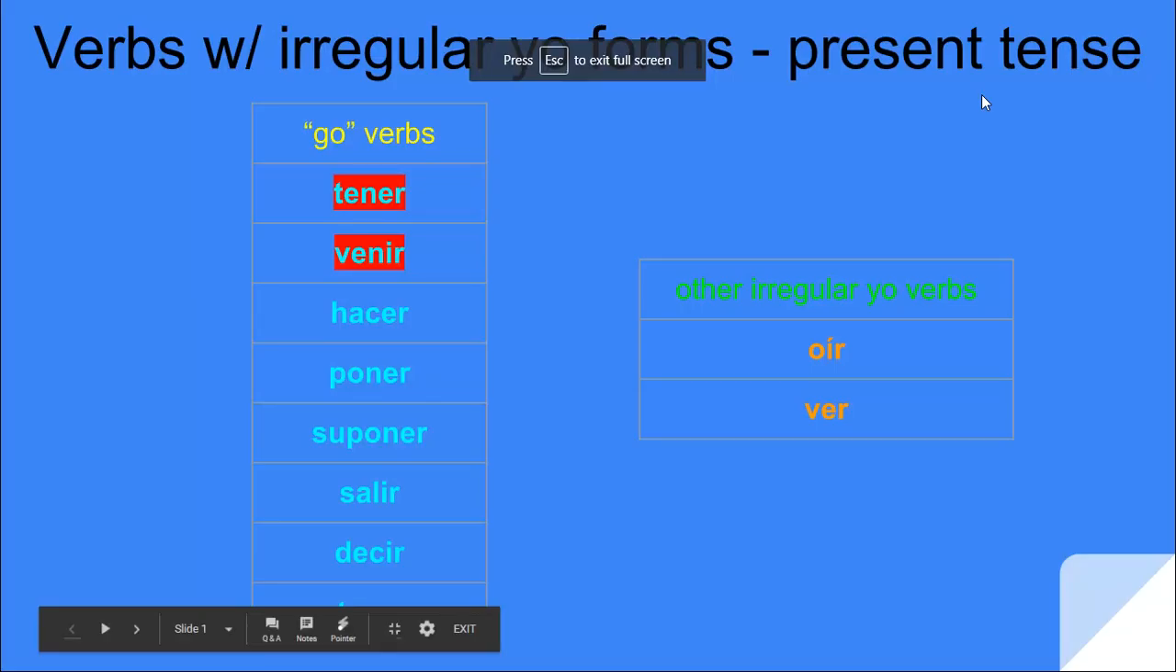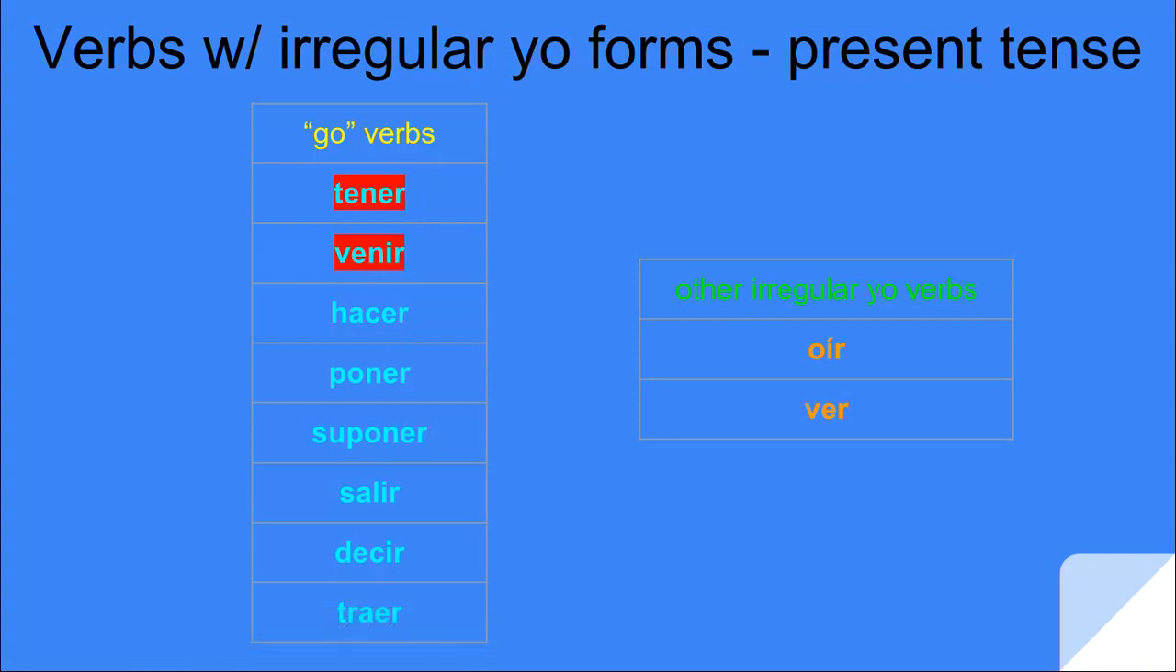Okay, amigos, today's mini lesson is on verbs with irregular yo forms in the present tense. In the left-hand column, you can see I've labeled these as go verbs. We've already studied two of these in the past, like the verb tener and the verb venir. Tener is to have, venir is to come. We have other multiple verbs that have a very similar structure, meaning that we're going to see a go as